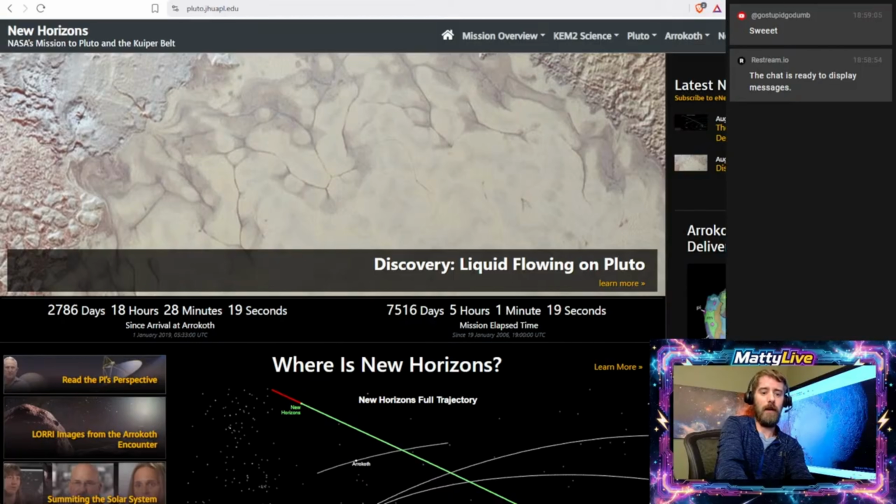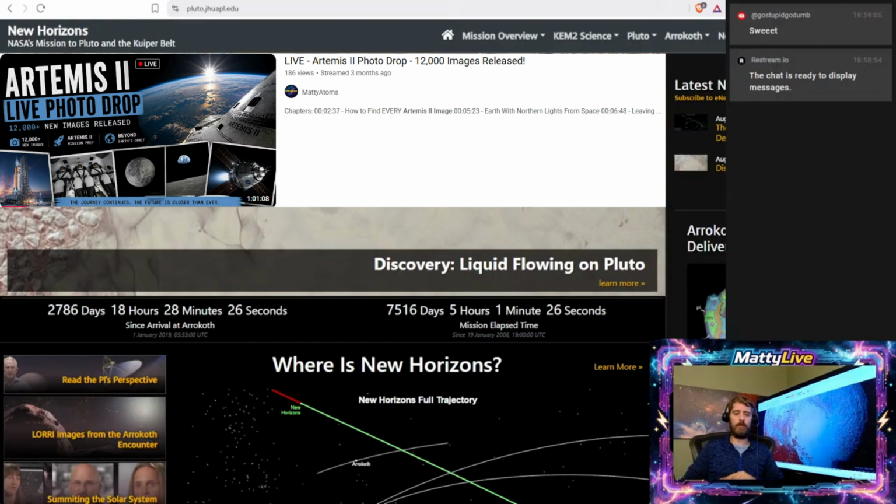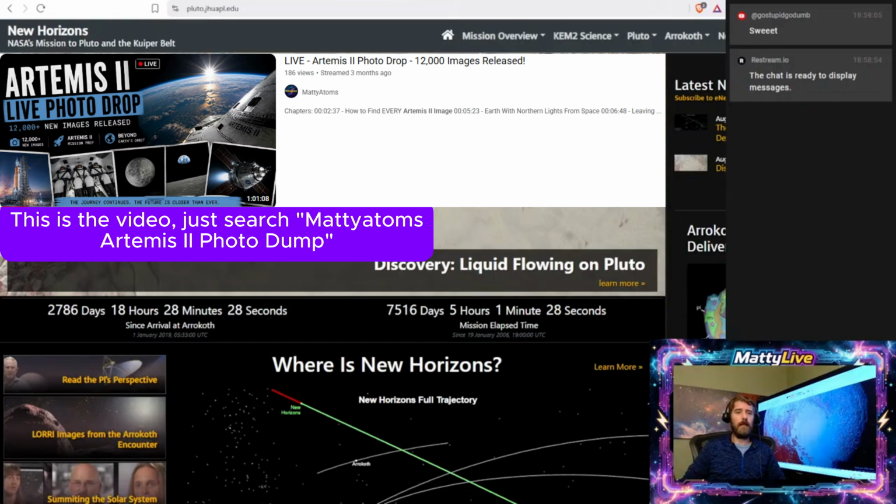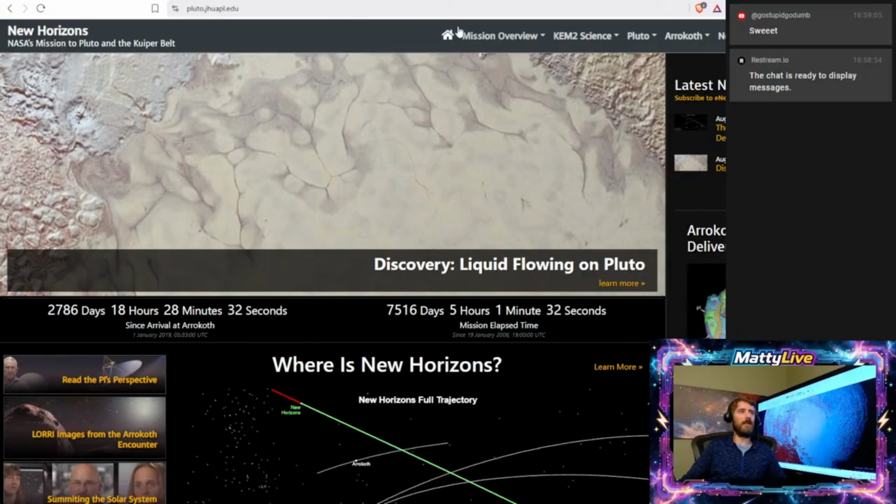Now, a lot of times, I've explained this before. I did a similar episode with every Artemis 2 image where we dug deep into the databases, right? NASA always has their public facing site where they'll publish 20, 30, 50 different images from each mission. But besides that public facing site, there's always archives with every single image that they have. So if you guys want to follow along with me and learn exactly how to find every single image,